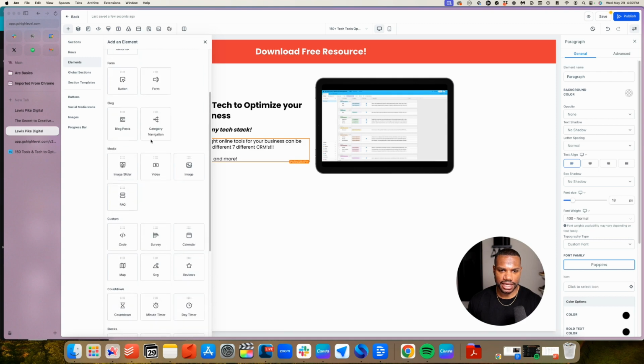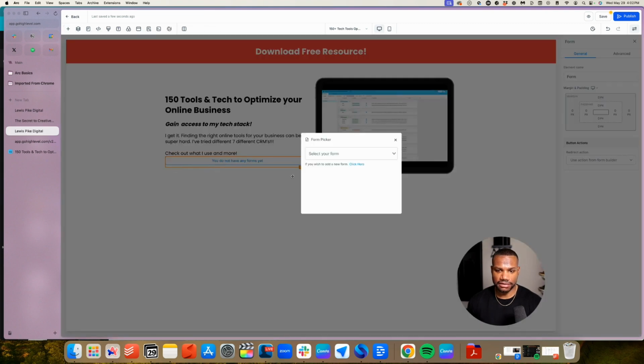We want to add in a form because we have to have a way to collect the emails. So you can add a form here directly on the page, or you can do a button. For this, I'm just going to add a form. It's not very much on this page. It's a simple opt-in. So I have some forms in here that are already set up in this account, but